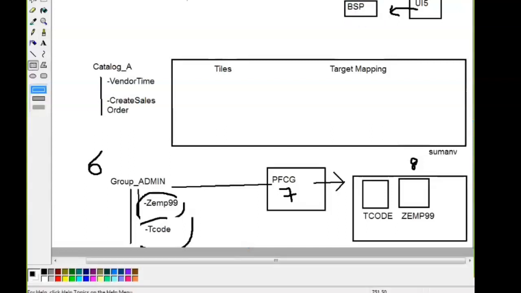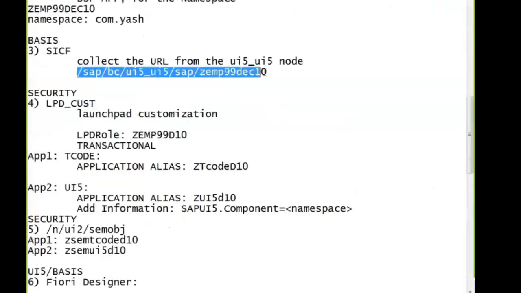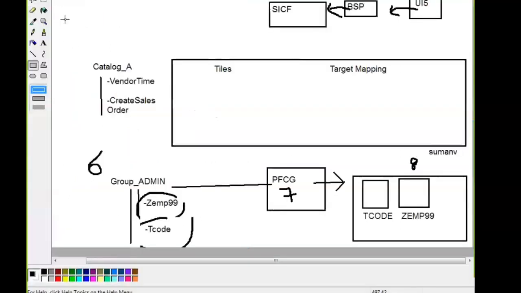Then that BSP application is activated in the SICF T code. In the SICF T code, we have the URL /SAP, that URL which I have collected. Because of the space issue, I cannot write that here. I try to just maintain like this, /SAP. That's a URL.